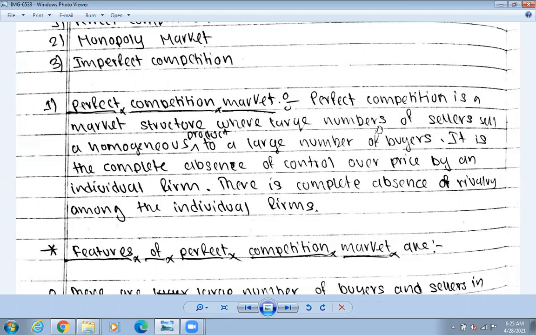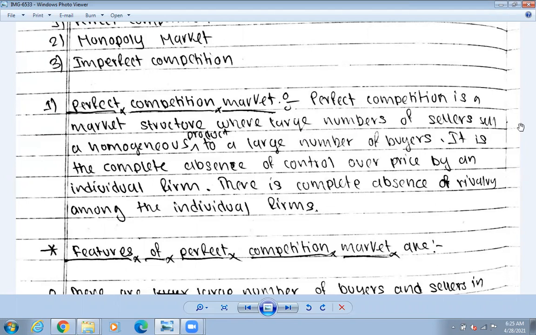Whenever there are many sellers, they must sell at the same price. So customers can come to your shop. If you sell at a higher price, the customer is not going to come to your shop again and again. So that's why, in the case of a perfect competition market,